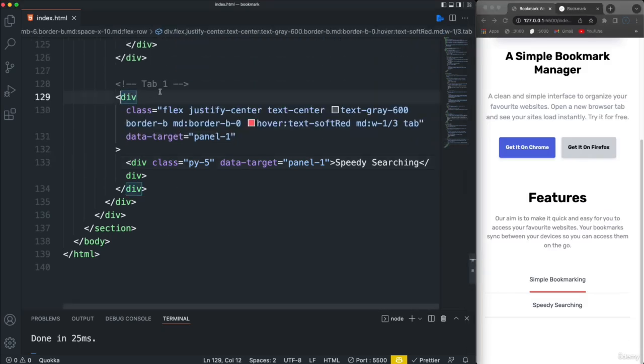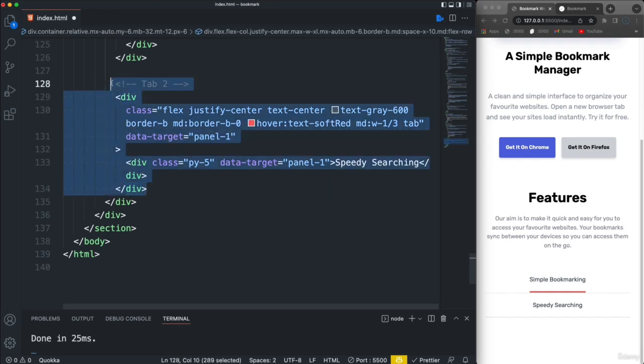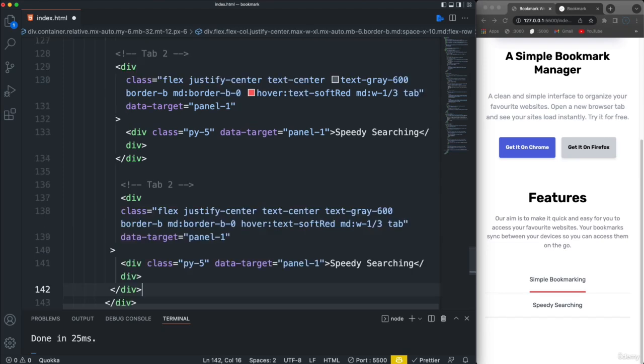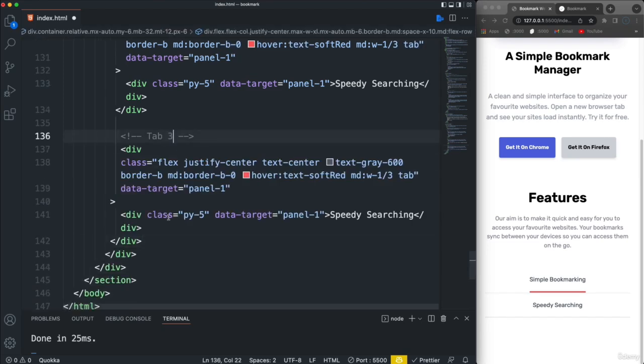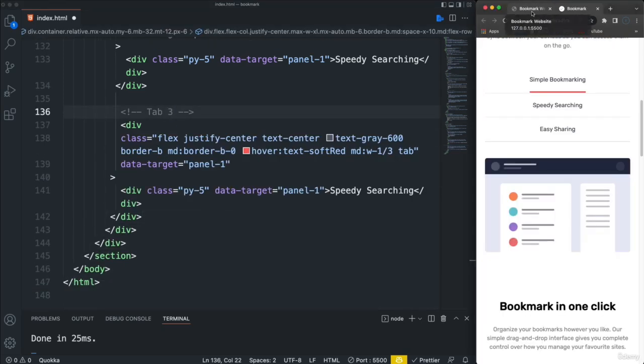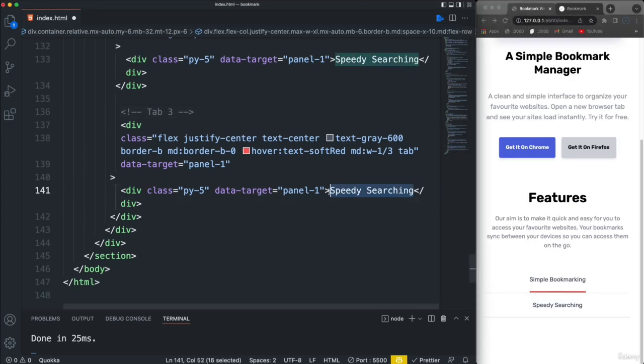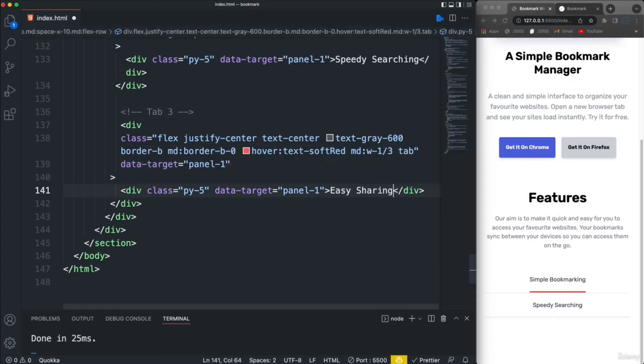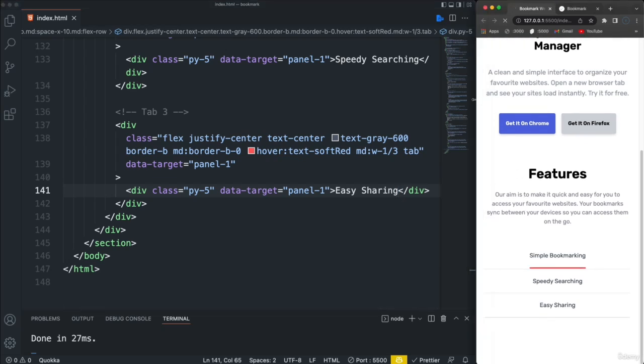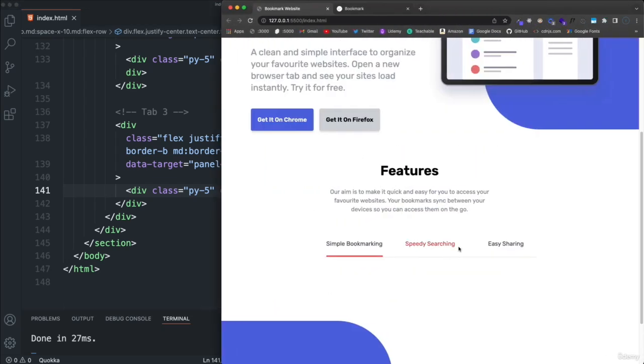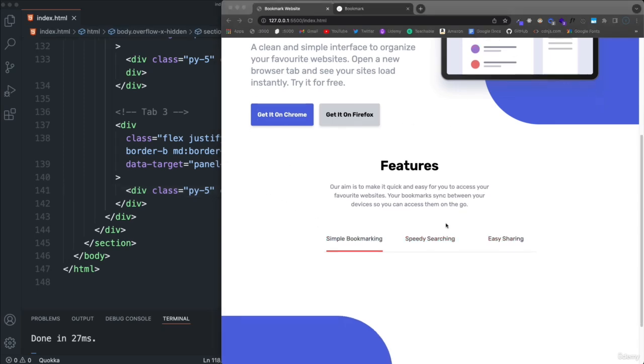But now I'm going to take this second one. This is tab 2. I'm going to copy that. And let's change that to tab 3. And then this one is going to be easy sharing. So we'll change that to easy sharing. And let's save. Okay, let's make this wider, see how it looks. Awesome. So with our JavaScript, we're going to have to add the class for the border on whichever one is active as well. So now we need to do the panels, which are going to be